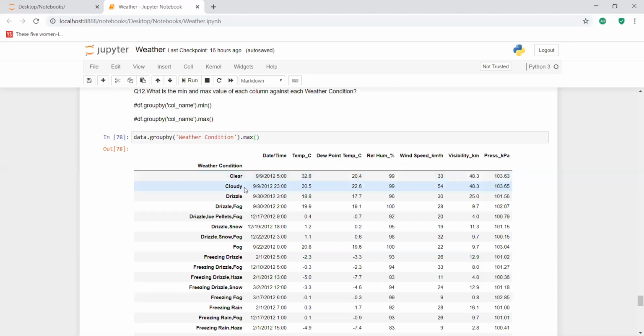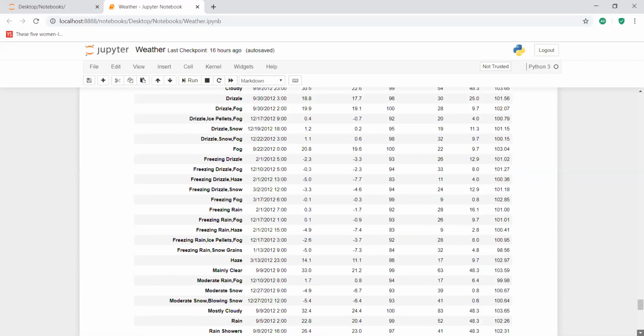For all the record sets which contain the value cloudy for the weather condition column, the maximum temperature is 30. The maximum dew point is 22.6, right? So this is how we have to work on it. We have completed this question, and now let's